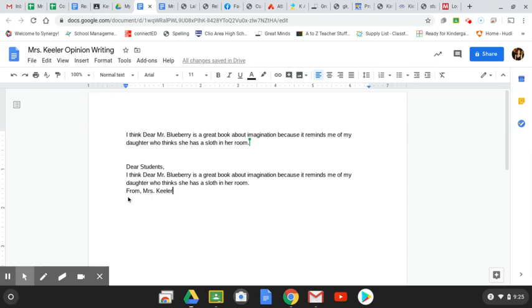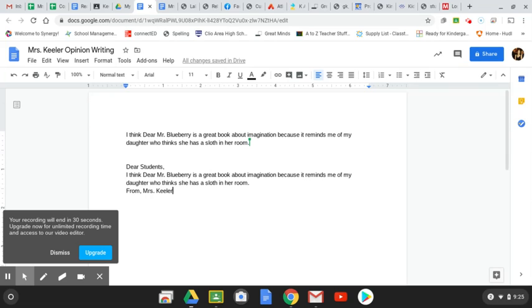Okay, so when you are doing this in your Google Doc, it automatically saves and it will automatically share it with me. You do not have to go in and reshare it with me every time, okay? Once you've shared it with me once, I can get into your document and see it. Okay, if you are just using a paper, go ahead and send a picture of it. That will work just fine.